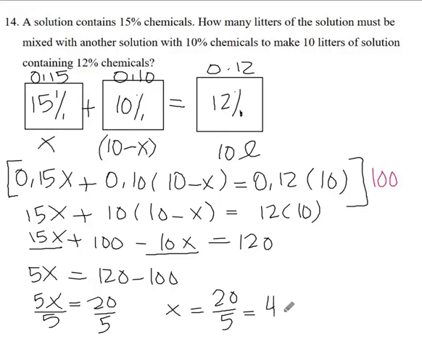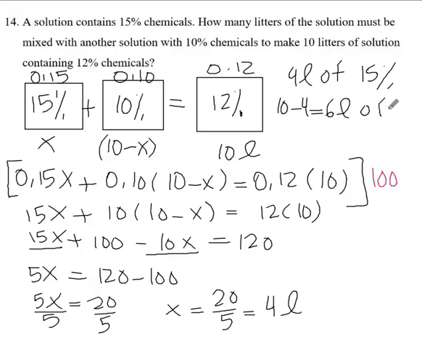Don't forget the unit. This is liters. So x was corresponding to the 15% solution. So we need to use 4 liters of 15% solution. And the rest would be 10 minus 4, which is equal to 6 liters of 10% solution we need to use